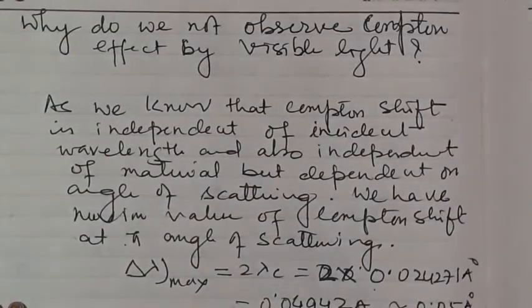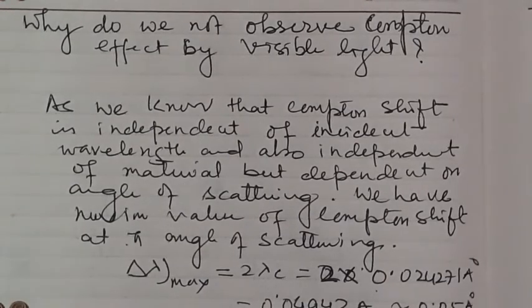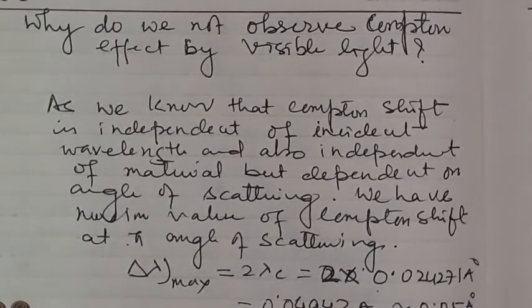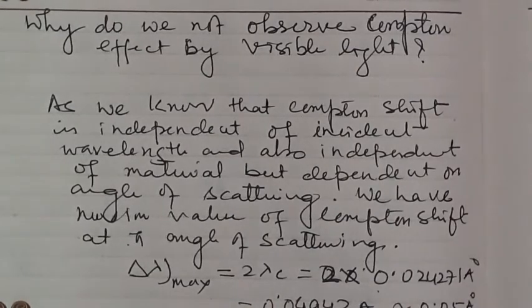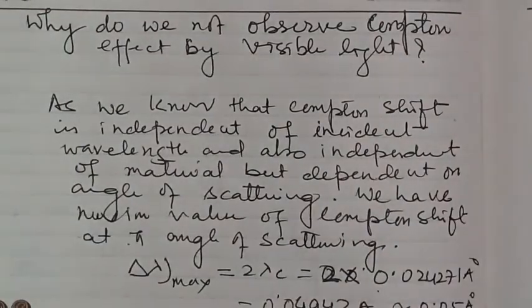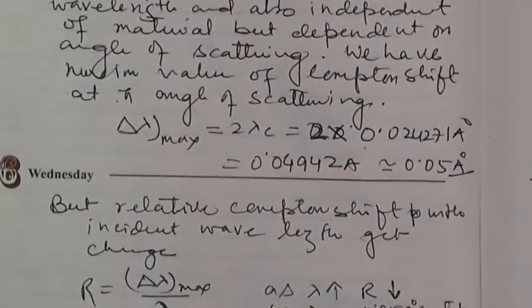Now, the other important question is, why do we not observe the Compton effect with visible light? As we know, the Compton shift is independent of the incident wavelength and also independent of the material, but dependent on the angle of scattering. So we have the maximum change in the Compton shift, delta lambda, at the angle of pi, that is backward scattering. So delta lambda must be of the order of 0.05,